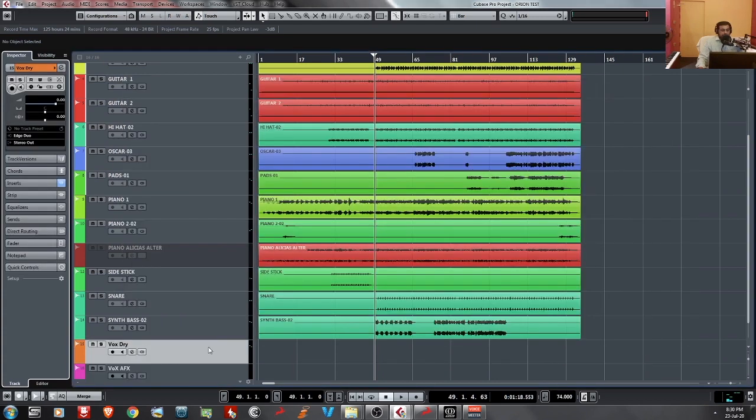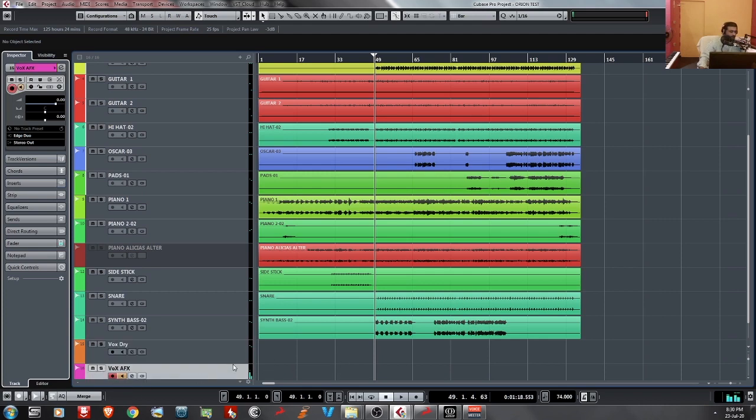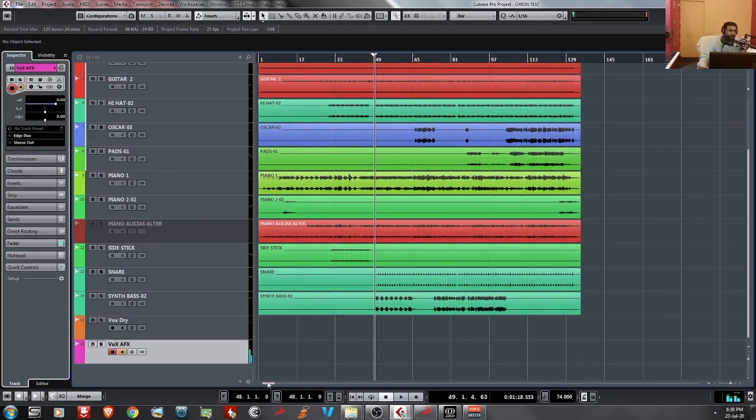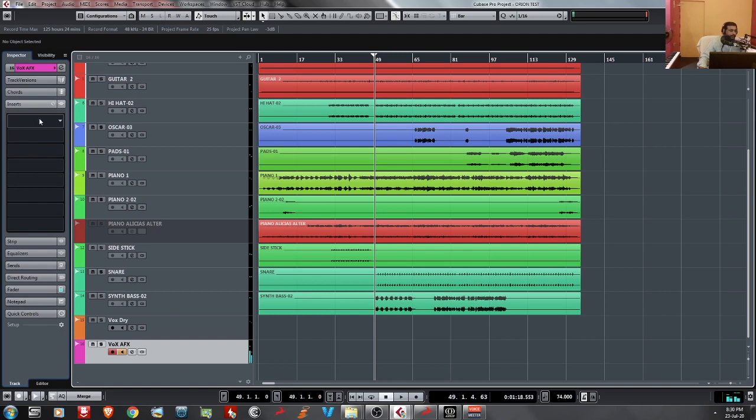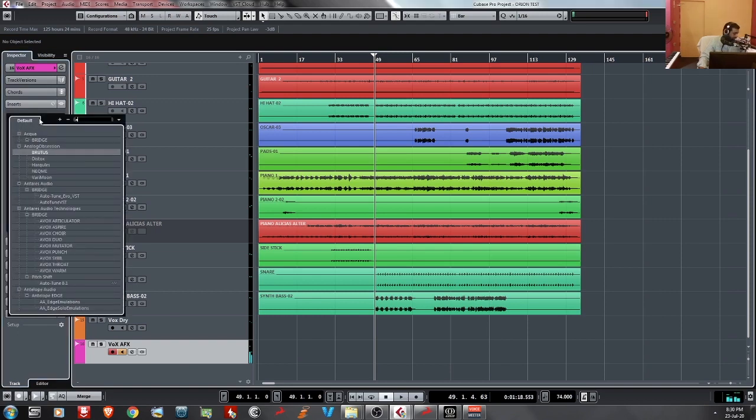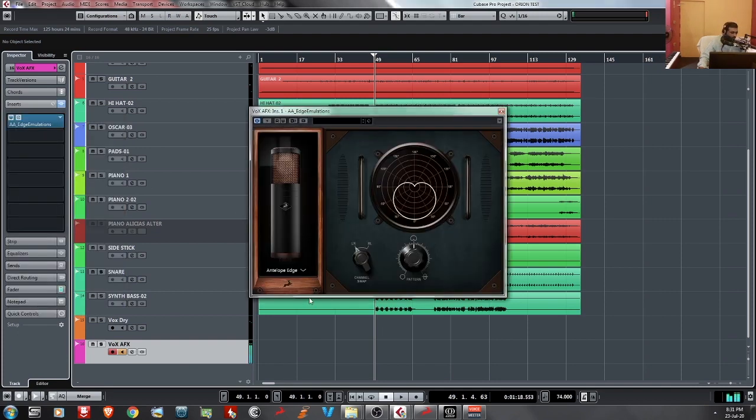So now I am just putting record on the AFX. Check. So there are no emulations loaded here. That's why it's on the right channel. I'm just putting an envelope emulation. Hello, check. Hello. Okay, this is good for me.